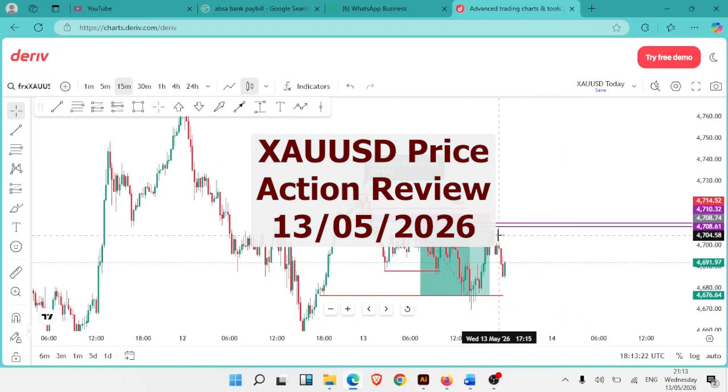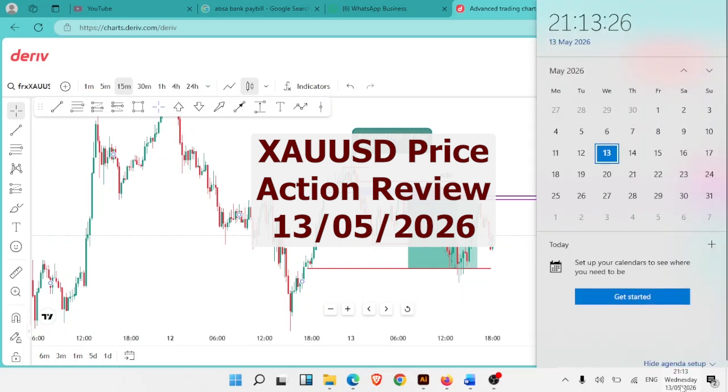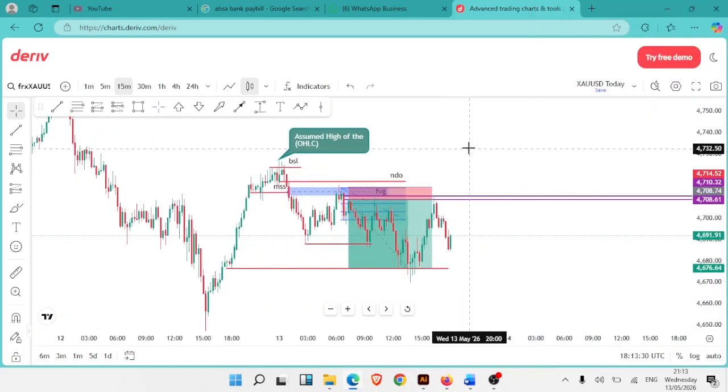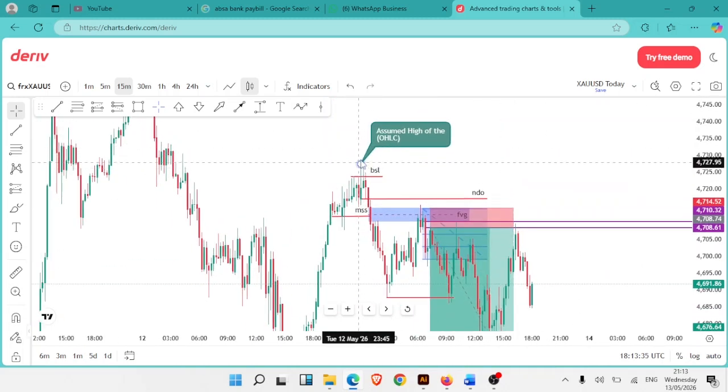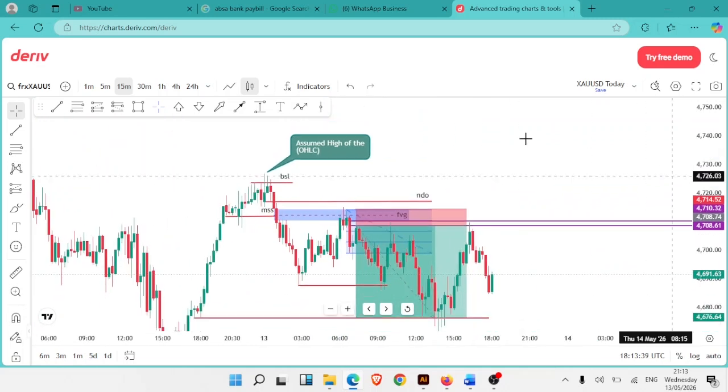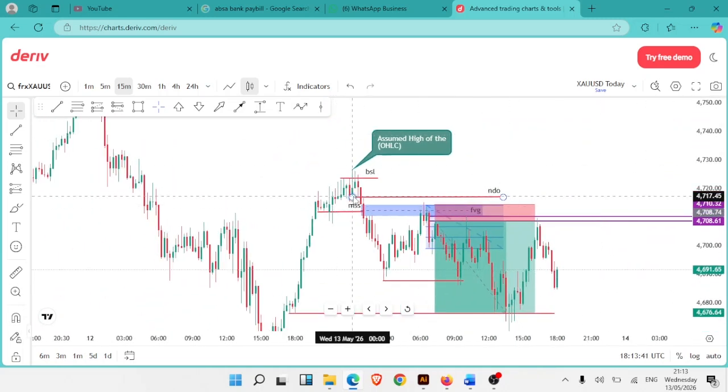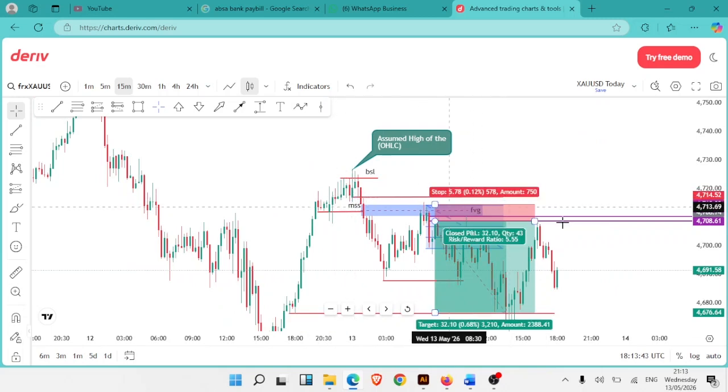So let's review today's price action. Today is Wednesday, 13th of May 2026, and this is how we looked at XAUUSD. So this is price action review for XAUUSD. So price opens around here. This is the new day open, NDO means new day open,